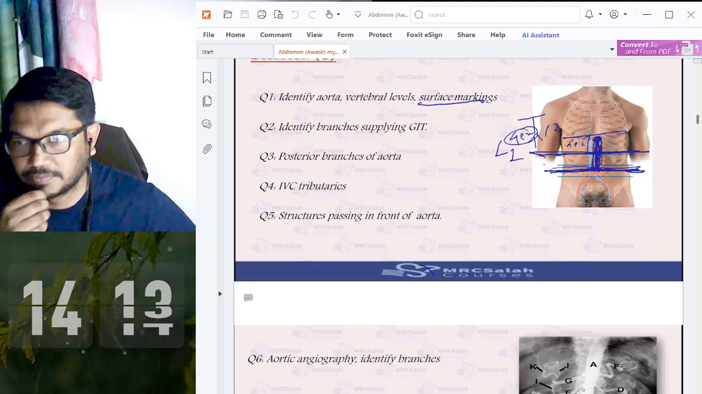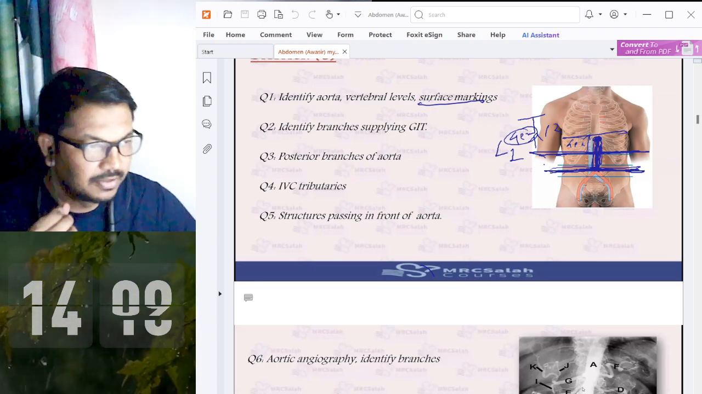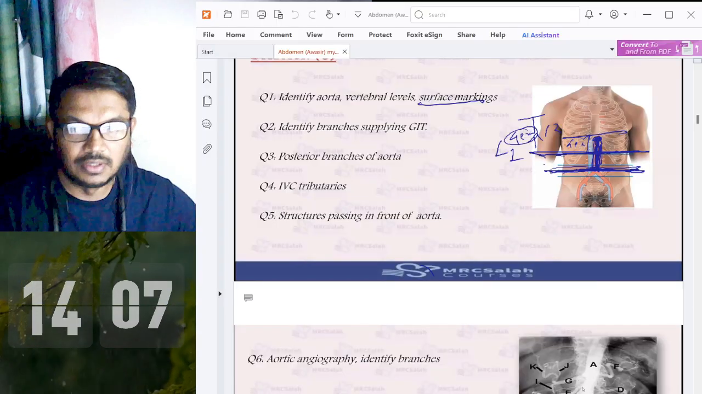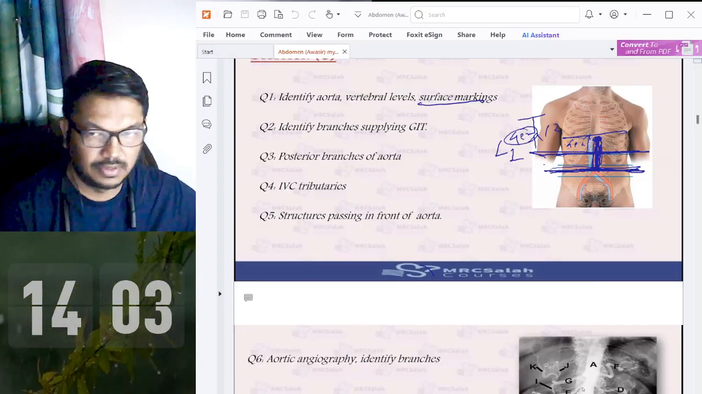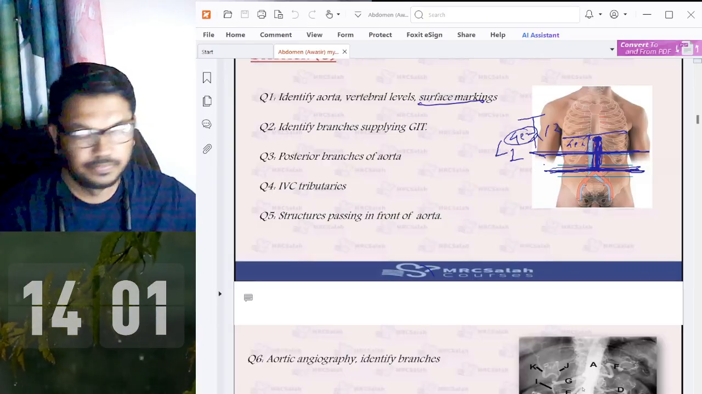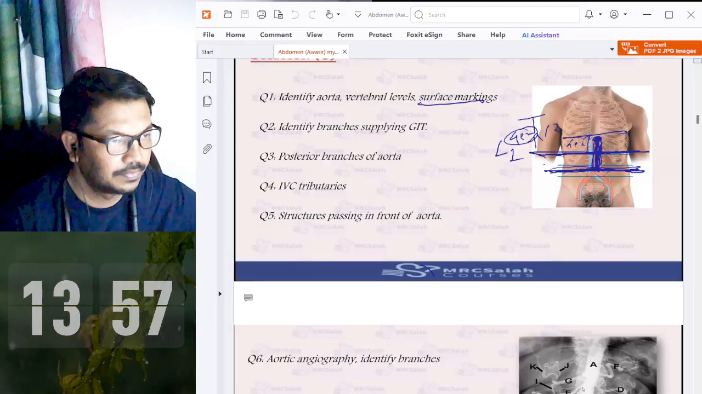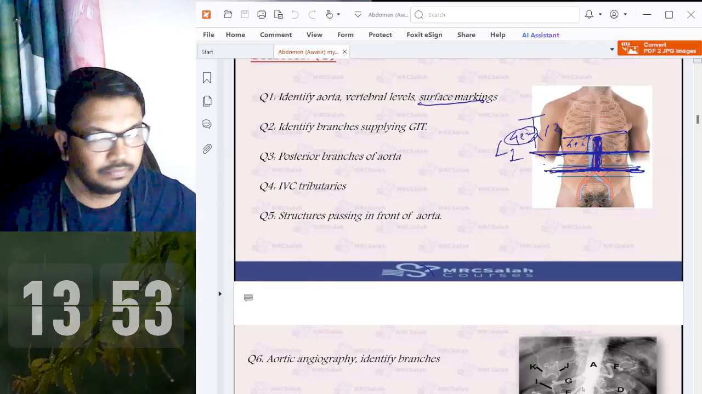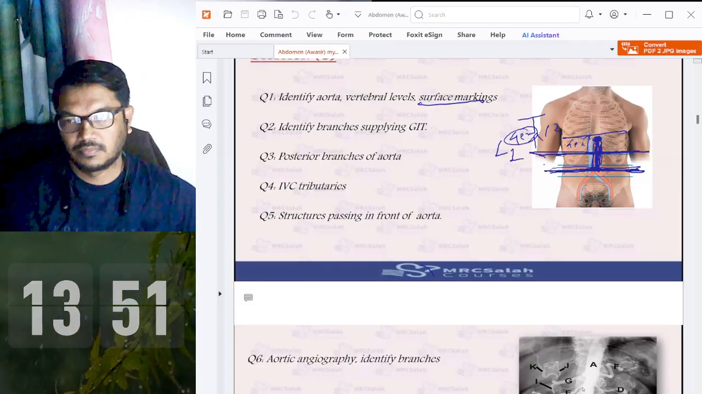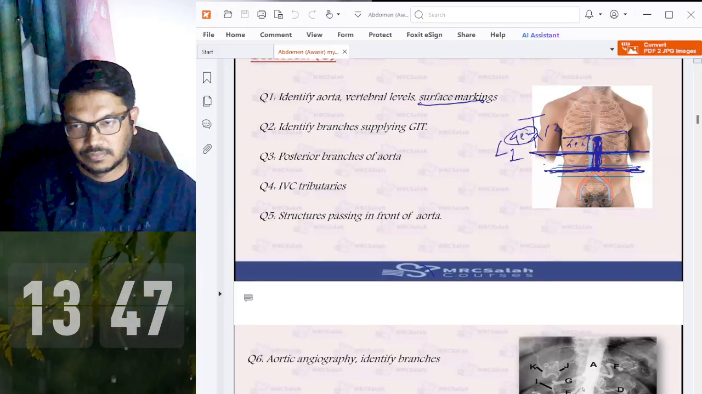Anything else? From the renal artery, from the suprarenal. Okay. Tell me the branches of abdominal aorta from up to down. Okay, so abdominal aorta gives the celiac trunk, superior mesenteric artery, inferior mesenteric artery, right and left renal artery, right and left gonadal artery,